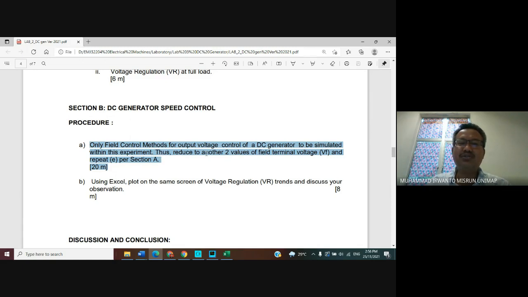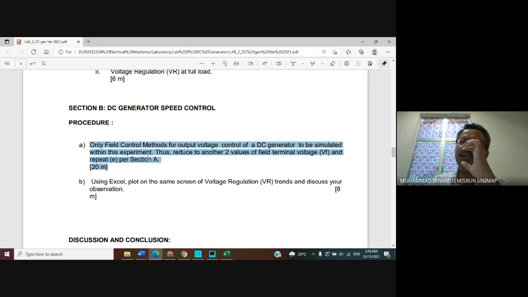Thus, reduce to another two values of the field terminal voltage and repeat step E of section A. To control the output voltage, we can adjust the field voltage. Earlier, our initial field voltage was 120 volt.